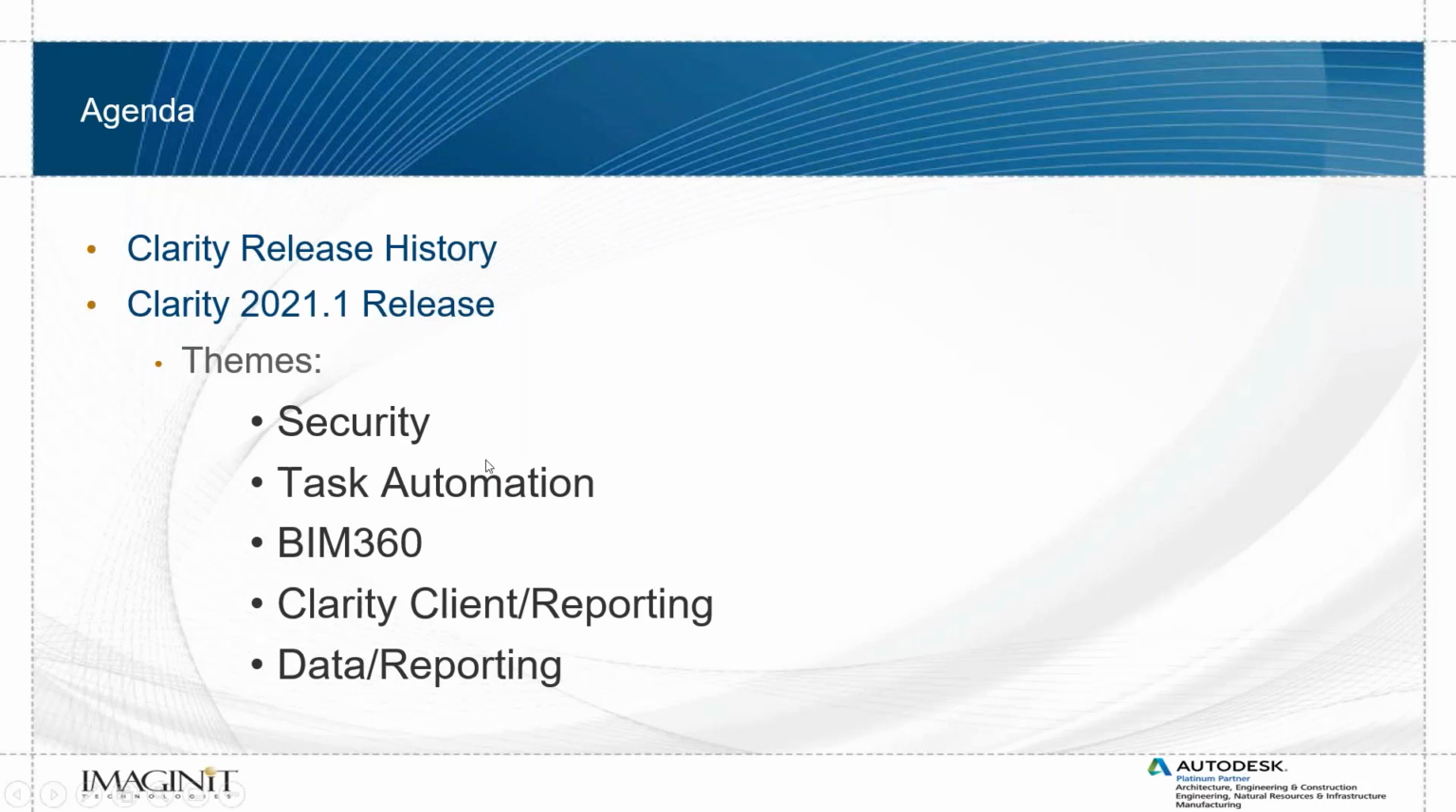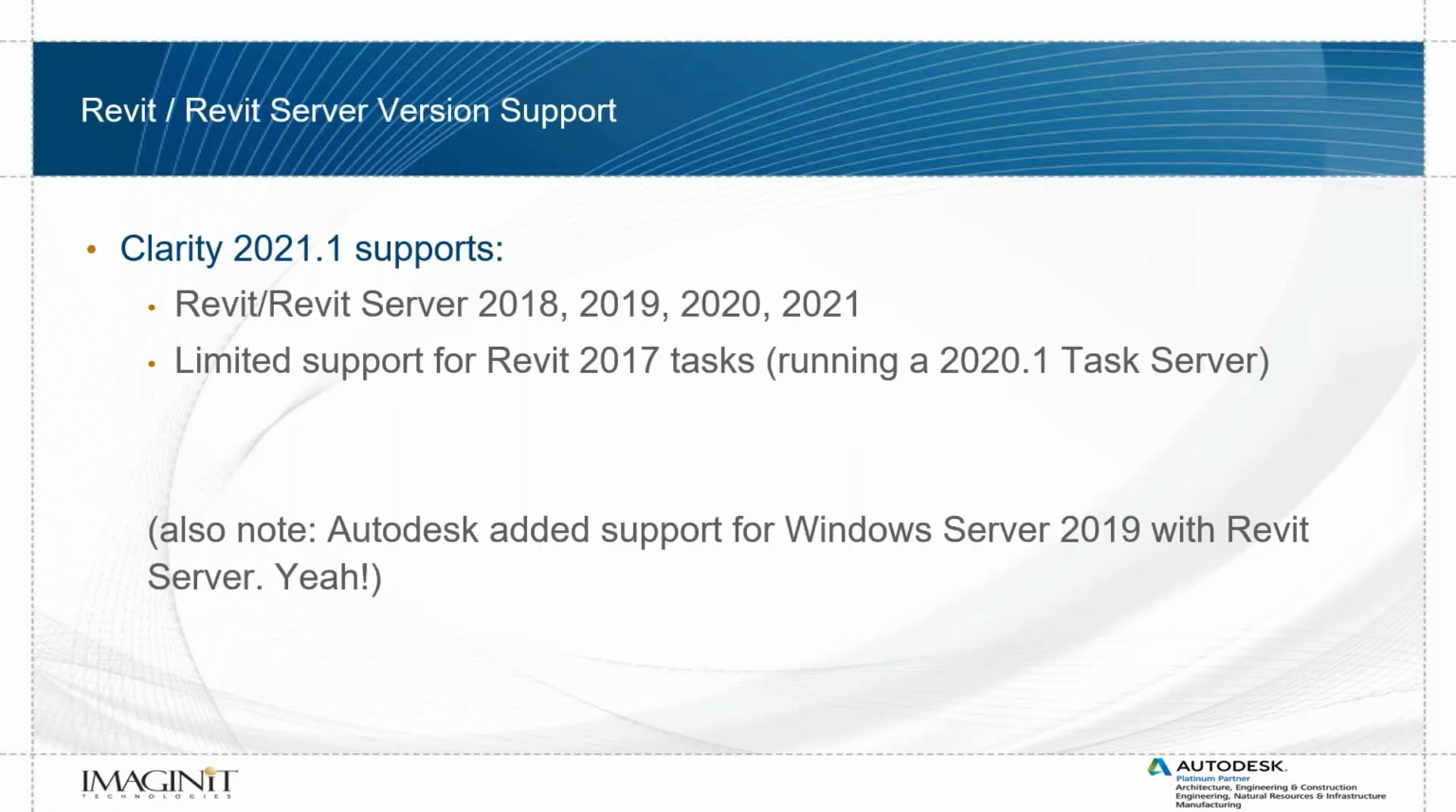But just to give you a preview, if you didn't make that previous meeting about what we've got going on there, the topics or the themes that we're hitting, there's a lot around security. There's a variety of things around task automation and being more flexible. There's a couple things on BIM 360, a little bit on the Clarity client and reporting, and then we're really excited about some of the data things that we're offering. And just to go quickly through it,